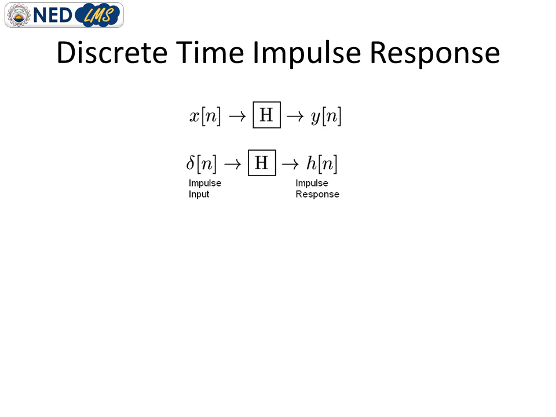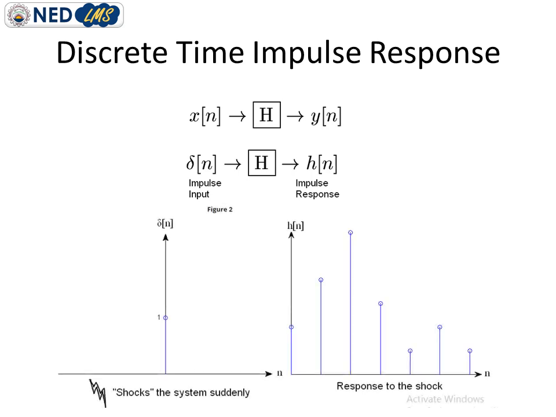So basically what I am trying to say, the output for a unit impulse input is called the unit impulse response, or simply impulse response. Just look at the figure. We have delta of n as an input, and you know that for delta of n, at n equal to 0 we have a peak magnitude equal to 1, and otherwise we have 0. So if we apply this type of input to a system,